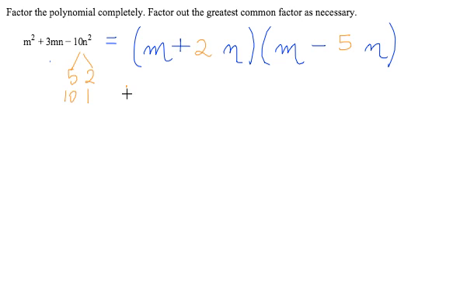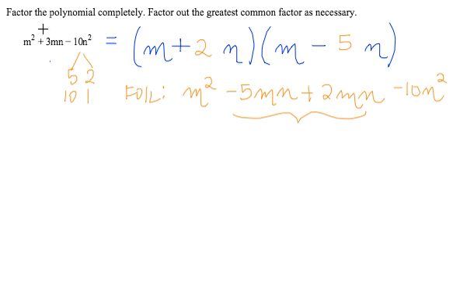Let's FOIL to check. So the first two terms, m times m, is m squared. Then the outer term is m times negative 5n, so negative 5mn if you go in alphabetical order. Then positive 2n times n is plus 2mn. I know my cursive n looks like an m, by the way. It's just cursive. So positive 2n times negative 5n is negative 10n squared,